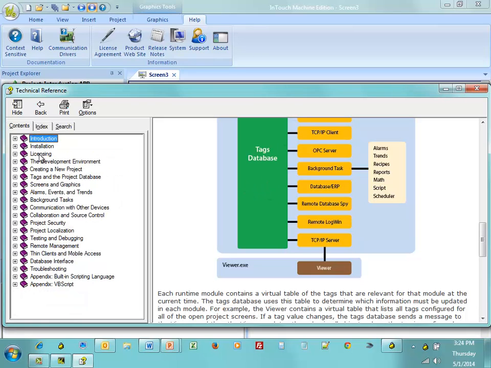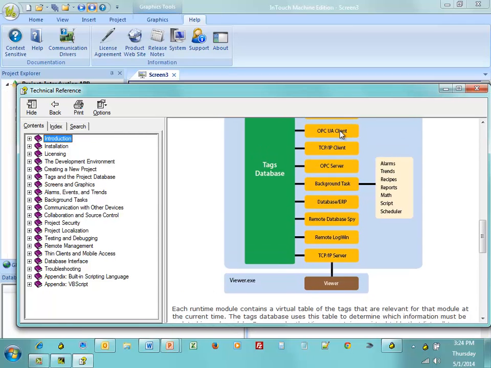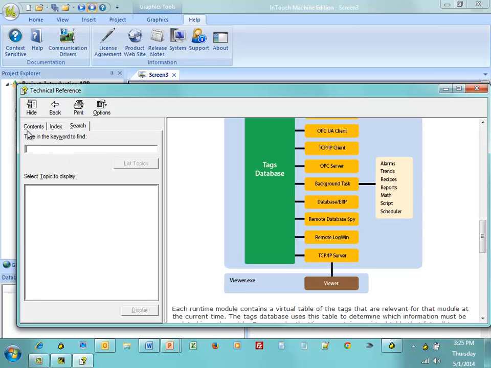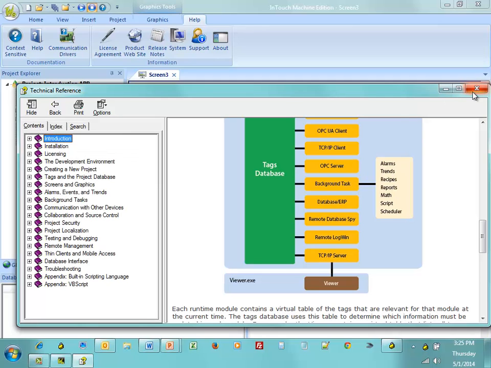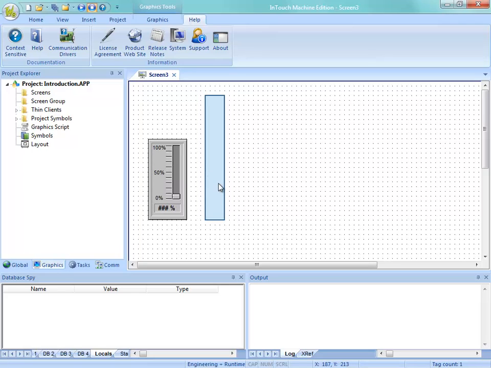Just another quick run through. We can talk about the development environment, the tools, tags, screens, alarms, events and trends, security, and about the built-in scripting language, and then a little bit more on VBScript, so you can see all the different tools. And again, we're going to cover the technical reference of the help system as we go through the different videos, but I just wanted to make you aware of that. So not only in this contents view, but you can also search for different words that you'd like to search for as well. So now that we've seen some of that, at this point, this project is ready to run